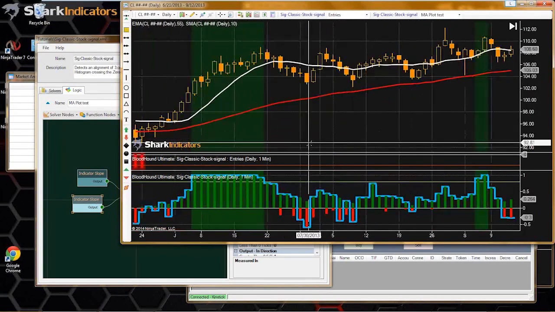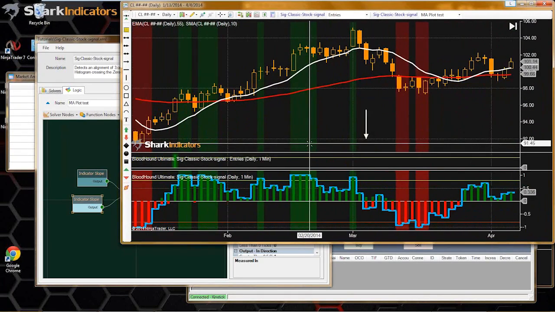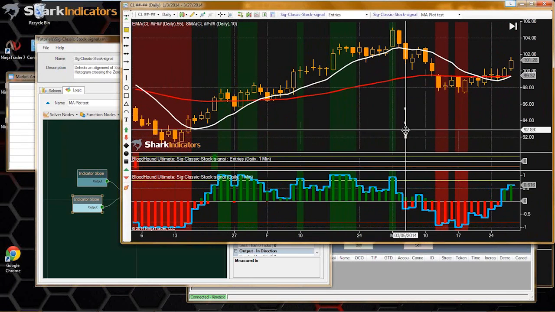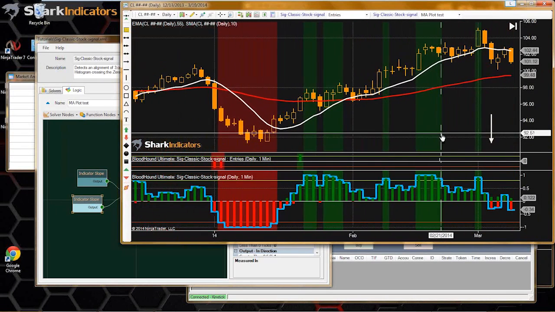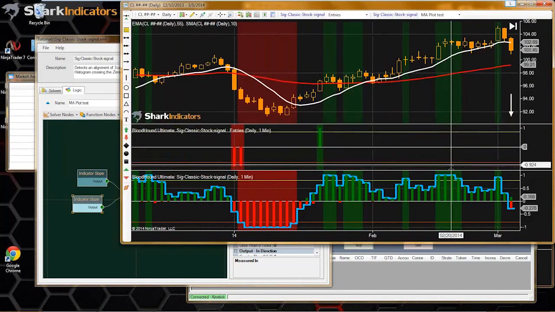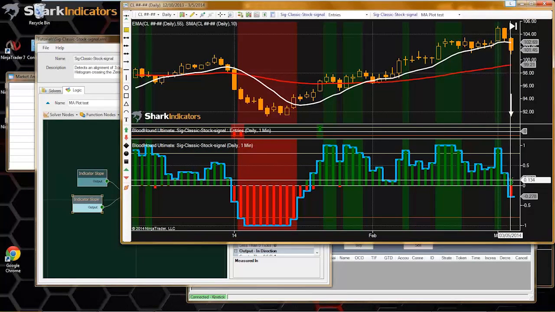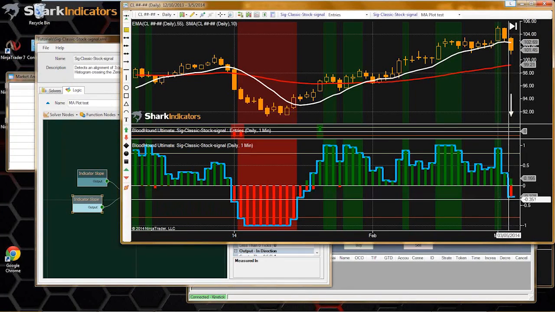And let's see, where'd my arrow go? All right, there's my arrow. So let's take a look at this bar. All right, so if we look at the long output here on this bar, we can see its value is 0.166. The short side down here is